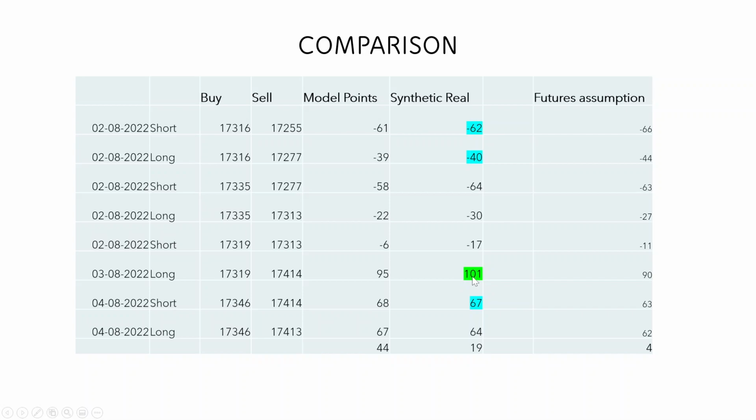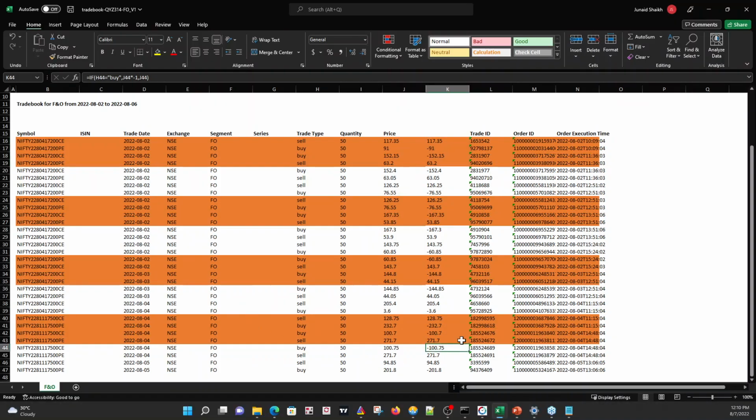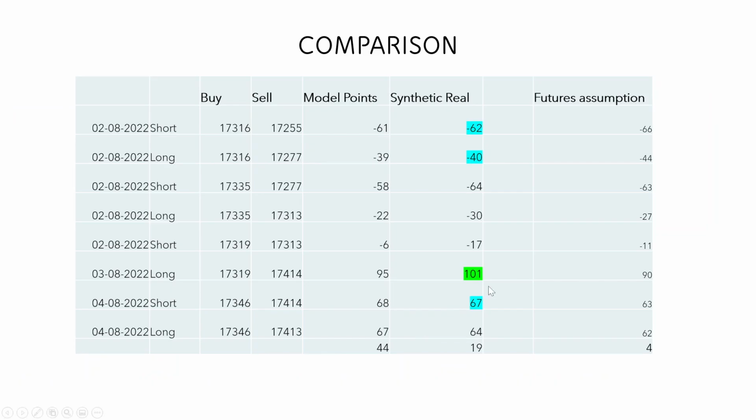But check out this trade, 101, right? Again, this is a positive, right? In model we got 95. Here I got positive slippage. Yeah, this one, 101, right? So here we got 6 point positive slippage. Whereas futures would have definitely gotten us 5 points here. Here again the slippage is only 1. You see the benefit. So model performance is 44, but in real account we got plus 19 points, and probably in futures,